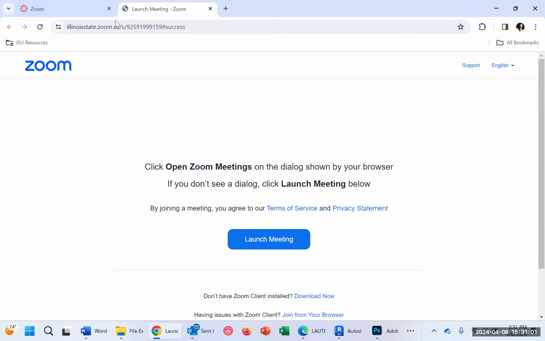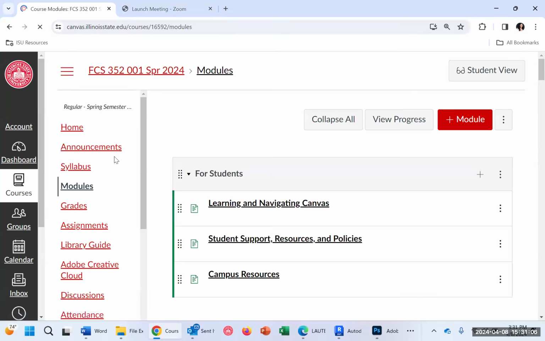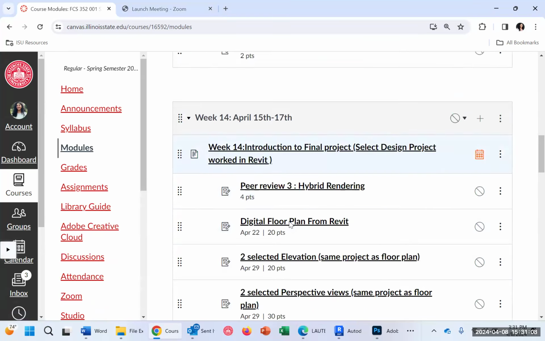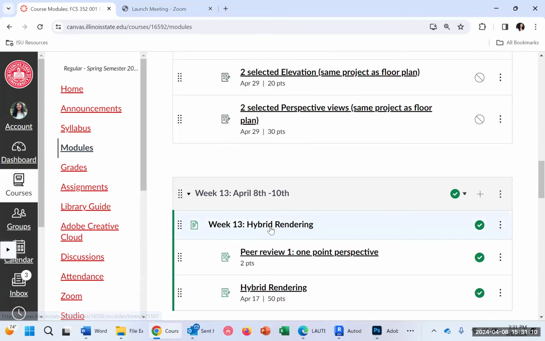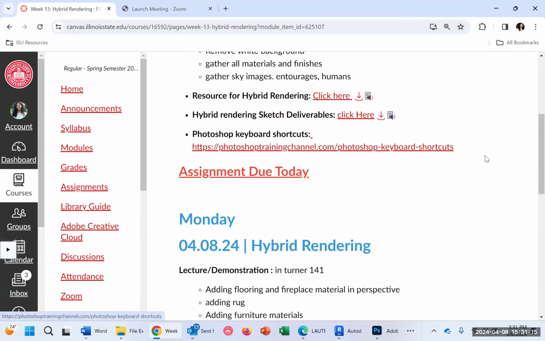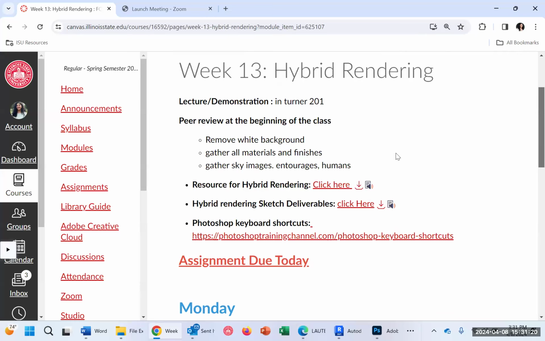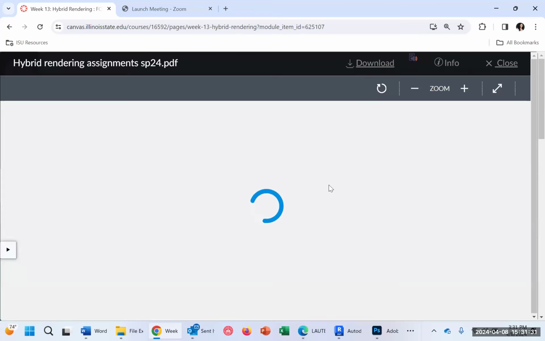Let me just go in our modules. We are on week 13. If you go in hybrid rendering, I have given you more. Today we will remove the white background and gather all the materials and finishes. Now if you see here, I've given the resources for hybrid rendering and the sketch deliverables. If you click on the resources on hybrid rendering,